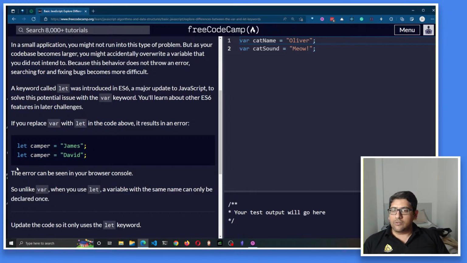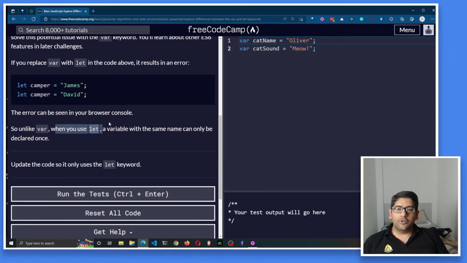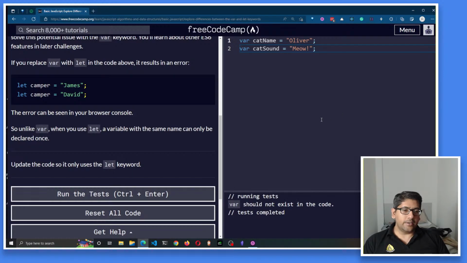So unlike var, when you use let, a variable with the same name can only be declared once. Update the code so that it uses only the let keyword. So if you do this and press control enter, and I change this to let and change this to let,